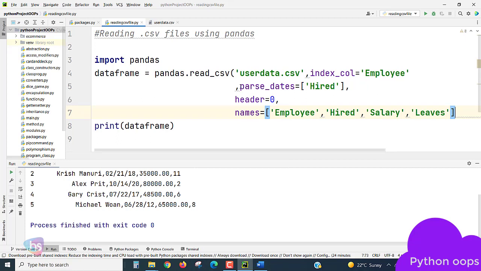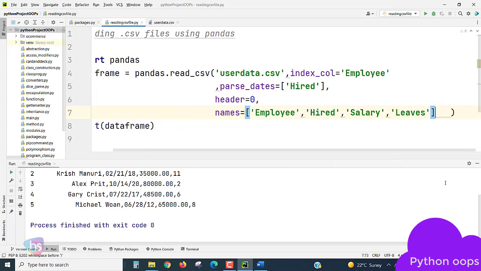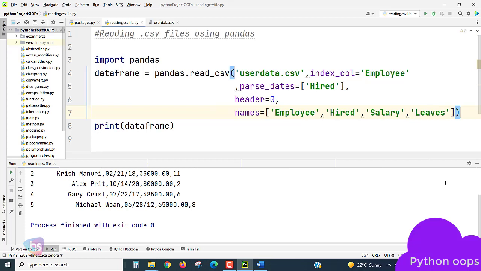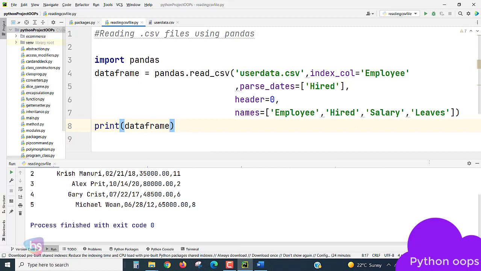So where is the end point here? Yes, here it is. We need to close the parenthesis of read_csv. Now the function we need to write here is DataFrame. DF is nothing but data frame, and then dot